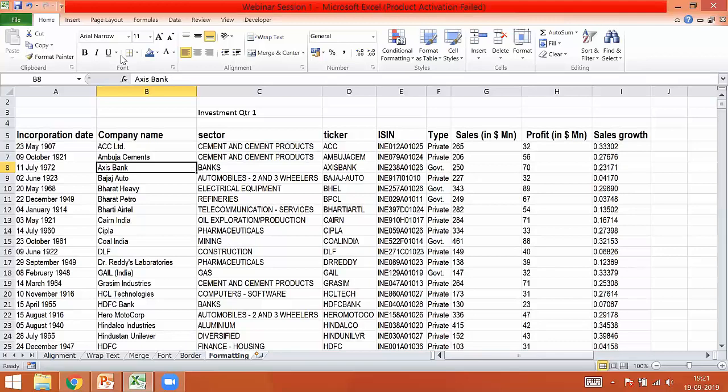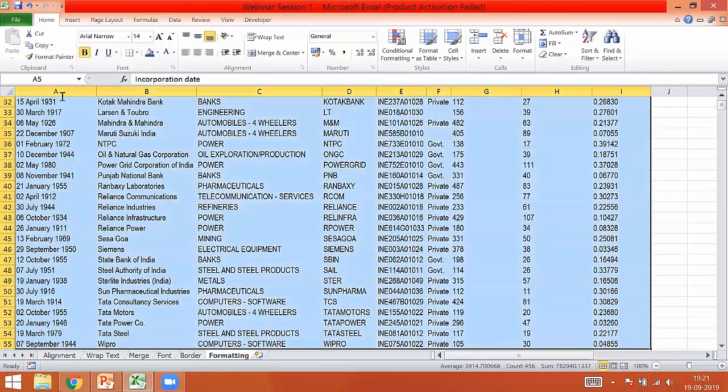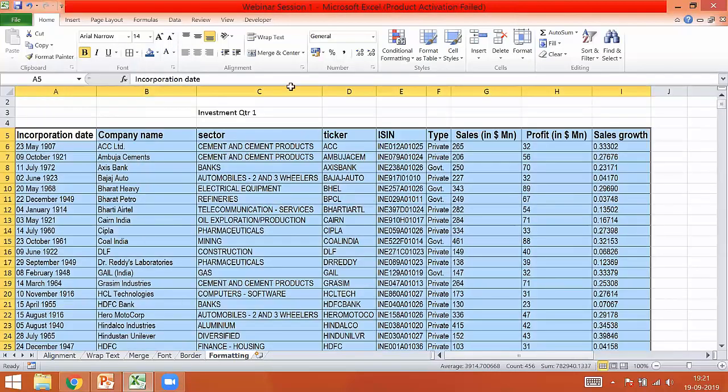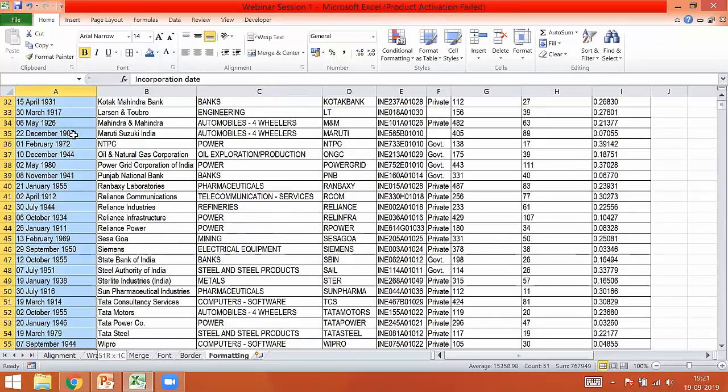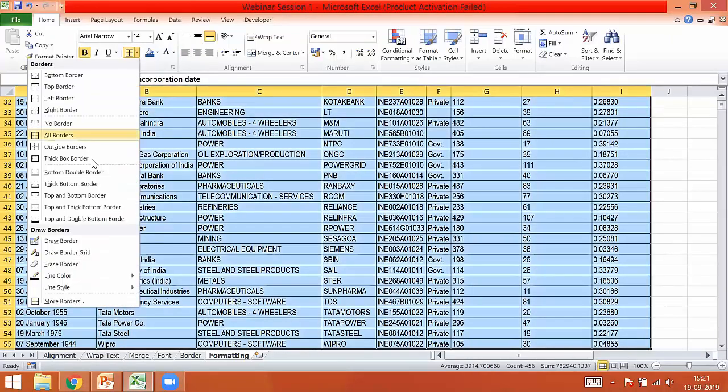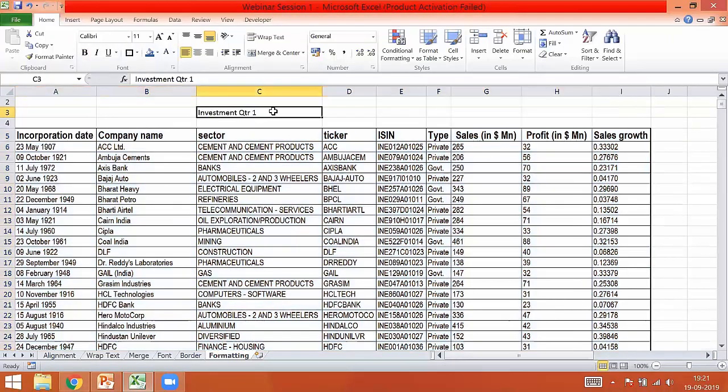The final thing you need to apply is your borders, because once you have applied the borders and you want to fit in all the text again, it is difficult to remove the borders and then apply the borders all together again. So I'll select the entire data and give nice borders, that is all borders. You can see that the borders have been added to the text, and then I can add the thick border outside. Now it is more presentable.